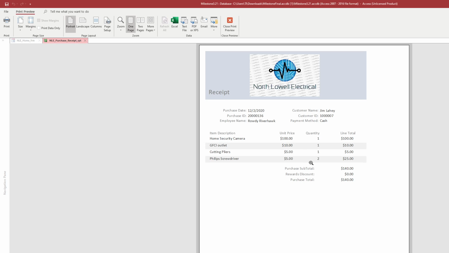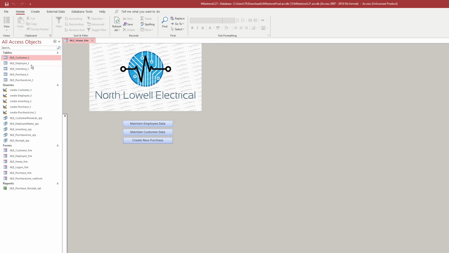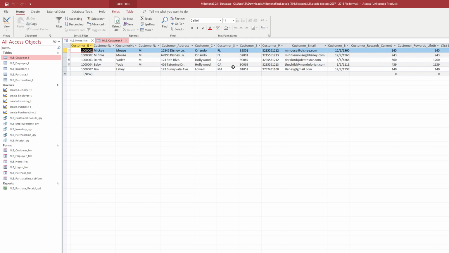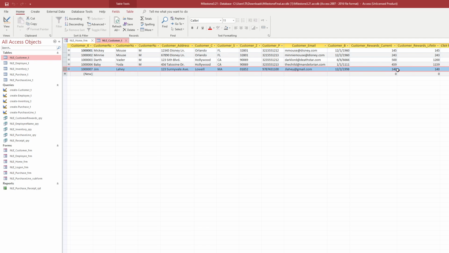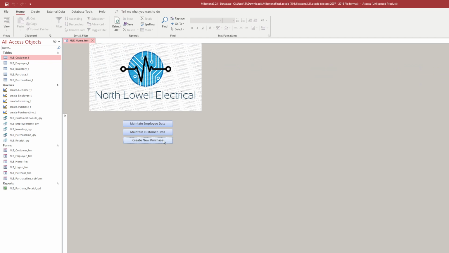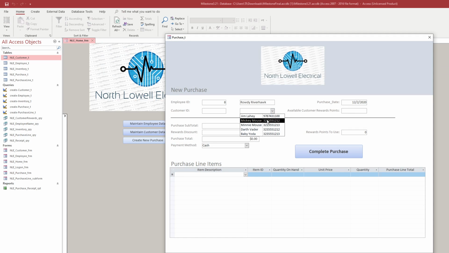Currently, this is just a print preview because we don't have a printer set up. But if you wanted to, you could print this as well. So this is going to give you all the information from the previous screen on a receipt. So perfect. Now let's open this and we can see now Jim has some points. So if he wants to do another purchase, we can go through, we can select